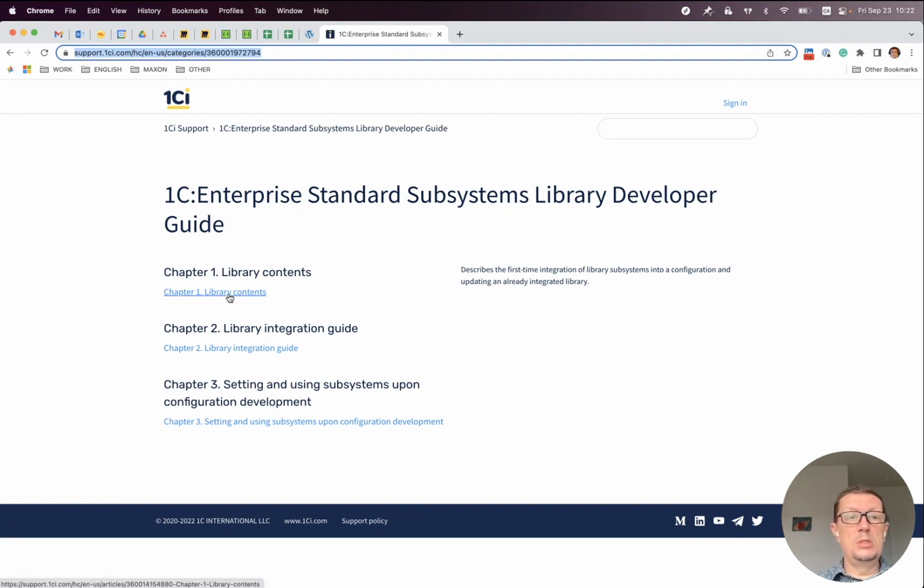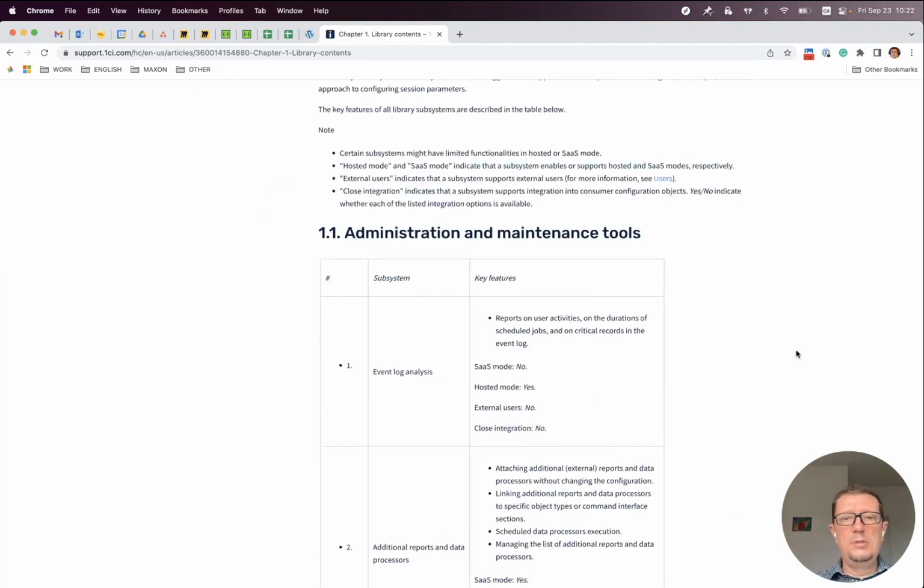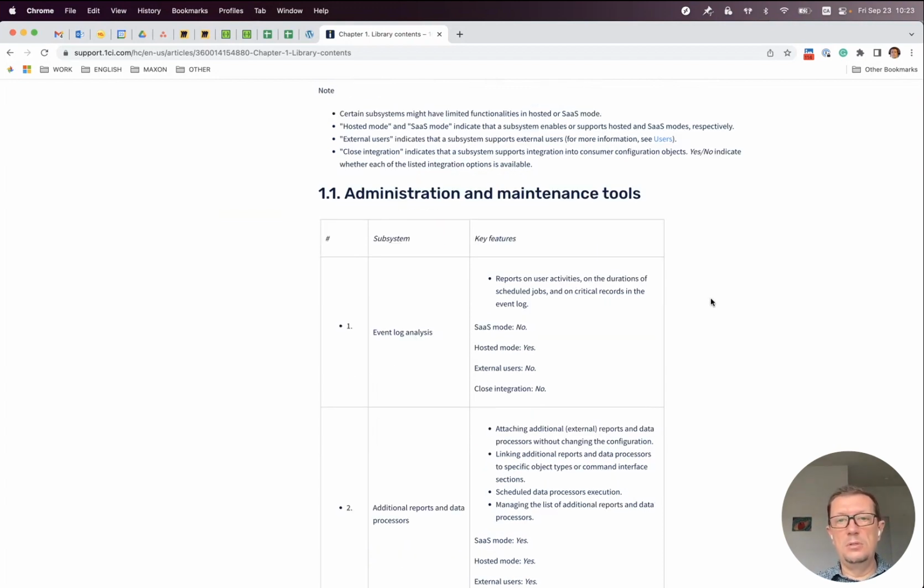Now let's look at what's inside the subsystem library. There are literally dozens of different subsystems in there, and they are broken down into several functional areas. For example, the first functional area is administration and maintenance tools.